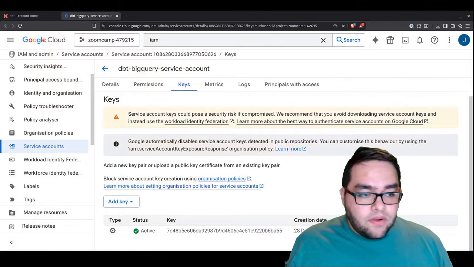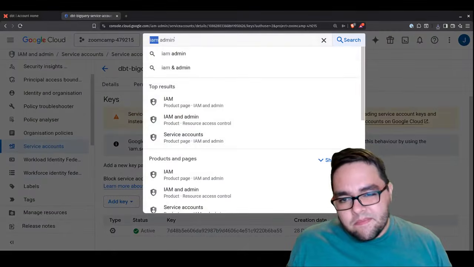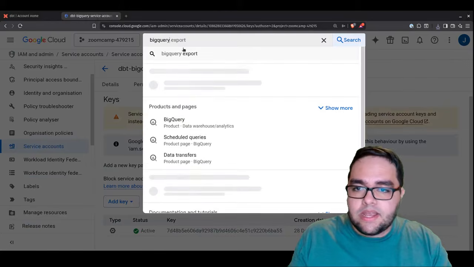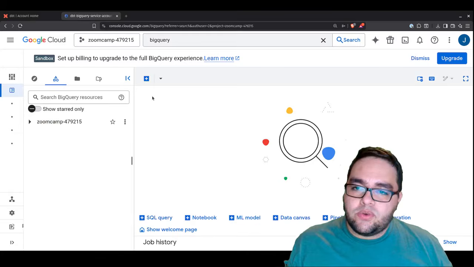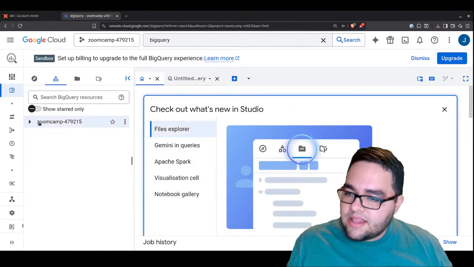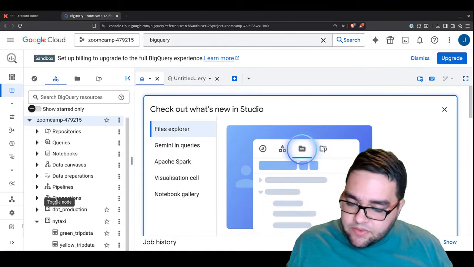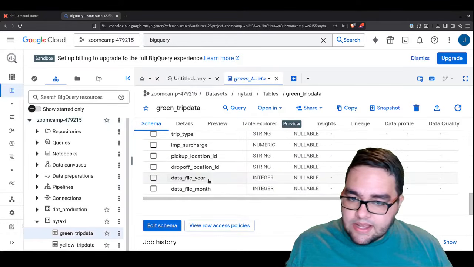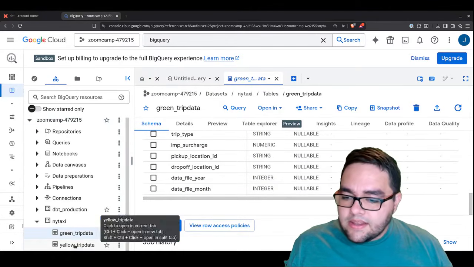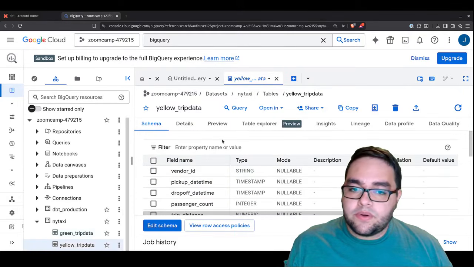So once you have all of these things in place, then we're ready to go to DBT. Being honest with you, it would be a good idea for you to go directly to BigQuery and just be 200% sure that all of the data that we had in lesson number 3 is already there. In my case, I already did it. So you see here that I have these green trip data and yellow trip data. These are the ones that we're gonna be using for